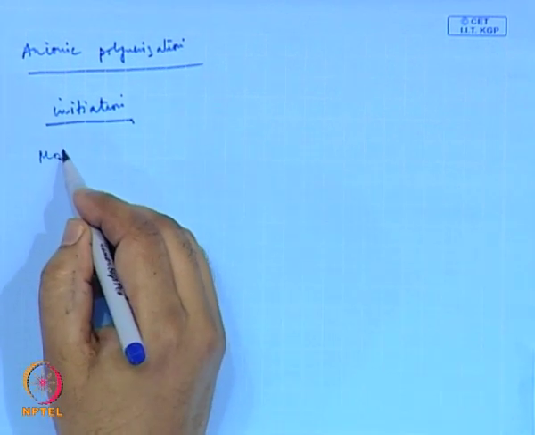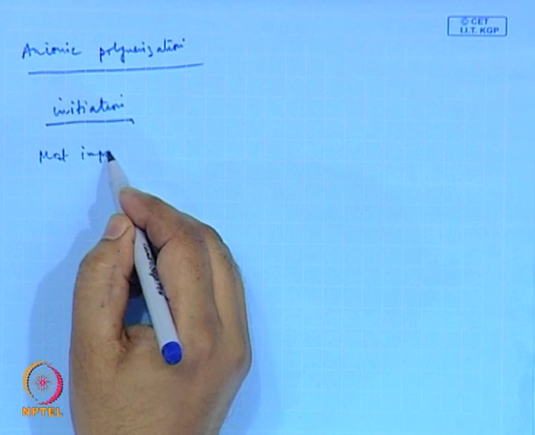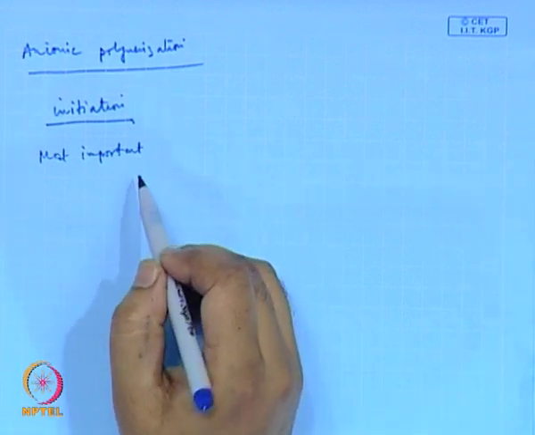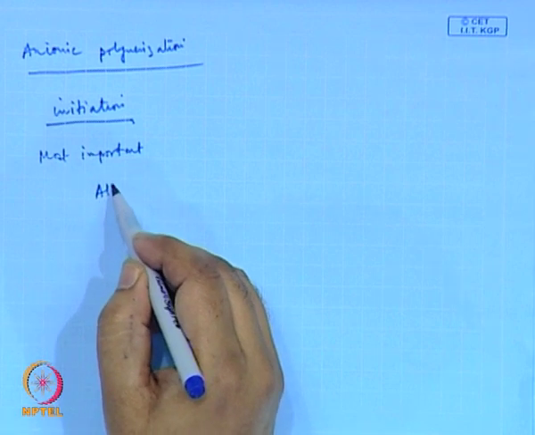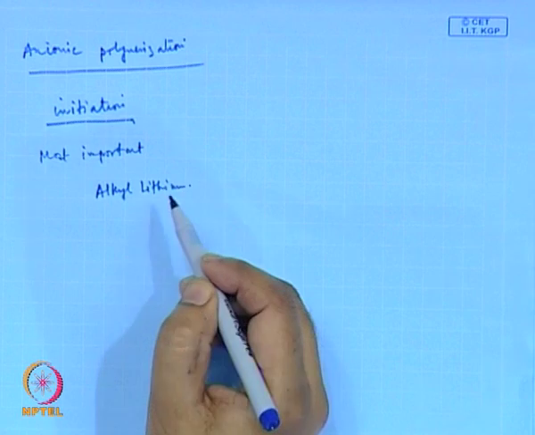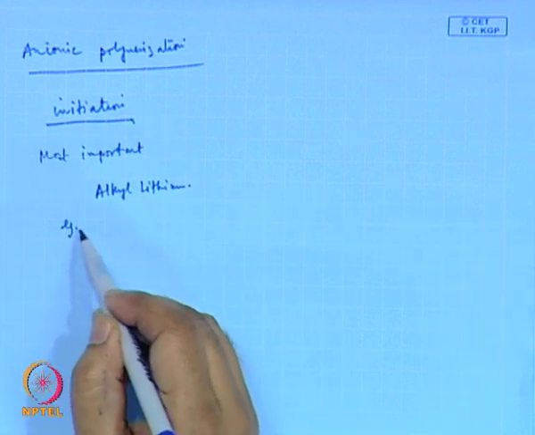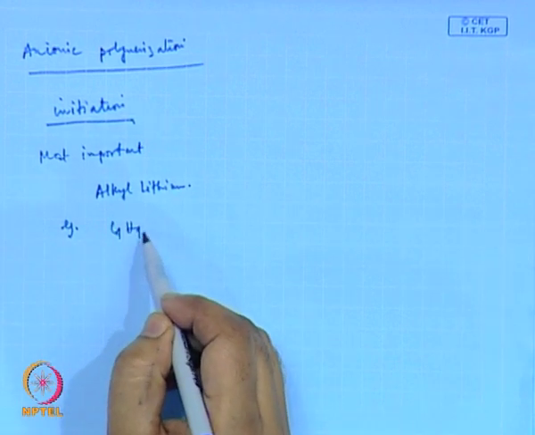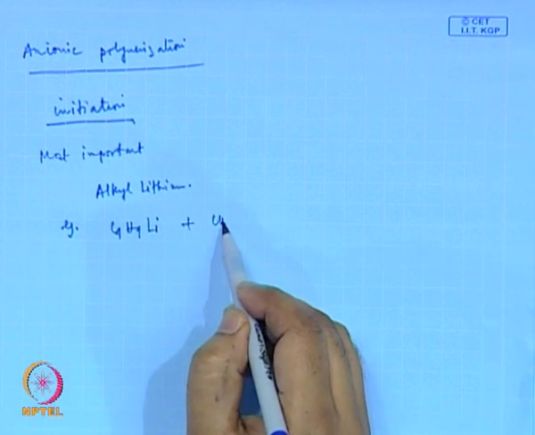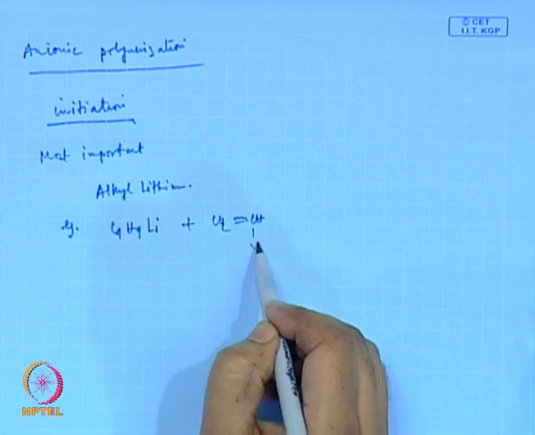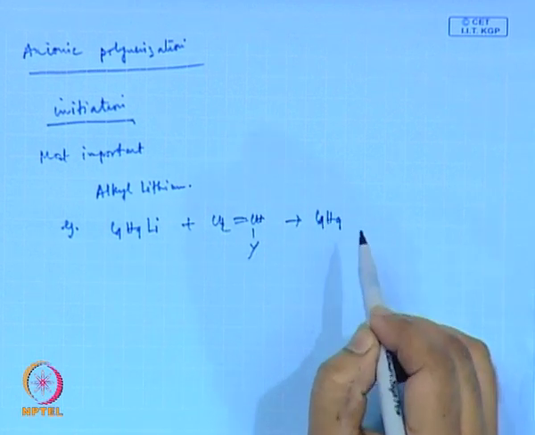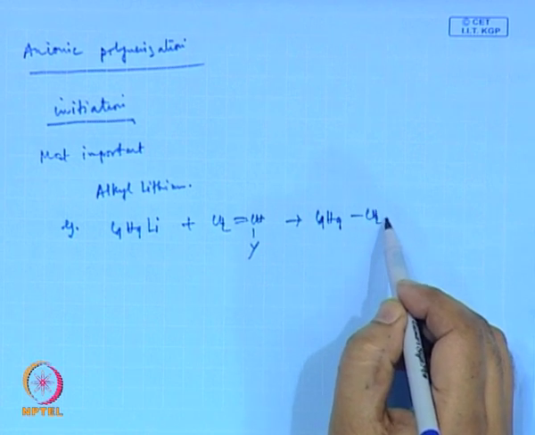The most important is using alkyl lithium. For example, I have this butyl lithium, which can react with monomers, giving rise to